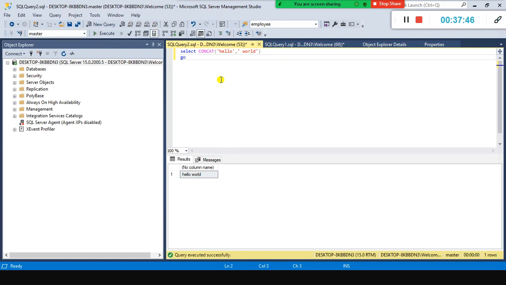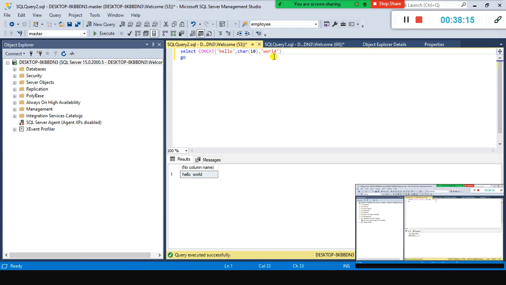Also, you have the CHR function. CHR of 10 can also leave space between these two variables. I don't remember exactly, so we'll try CHR of 10 now. Look here, using CHR 10, it returns the next line, but in this case it leaves the space between these two. For example, I don't have to give a space here. I'll just remove this one and execute.